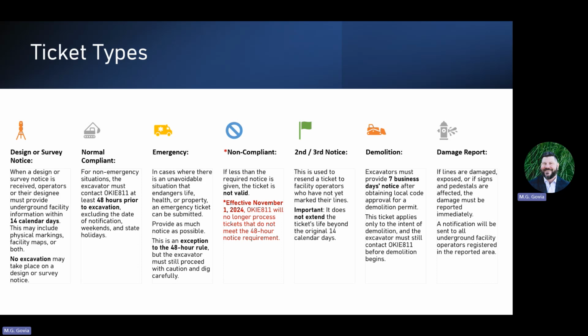Now, when you're doing the locate request, you can go, I'm working along these fence lines. You'll see white paint and flags that you can locate a radius of. I can trim down my scope because I've already done the design survey. I know exactly where I'm planning on digging, and I'm saving the locators time by giving them more relevant or